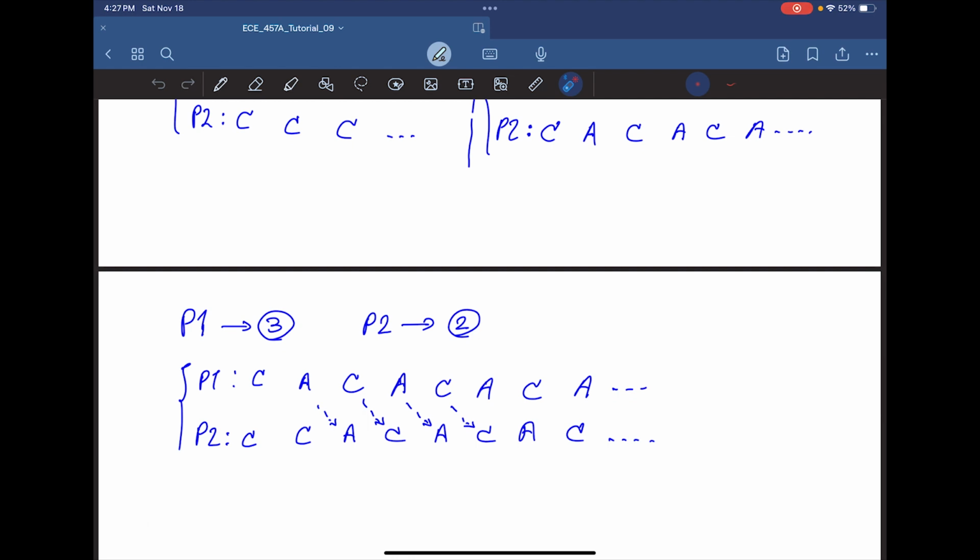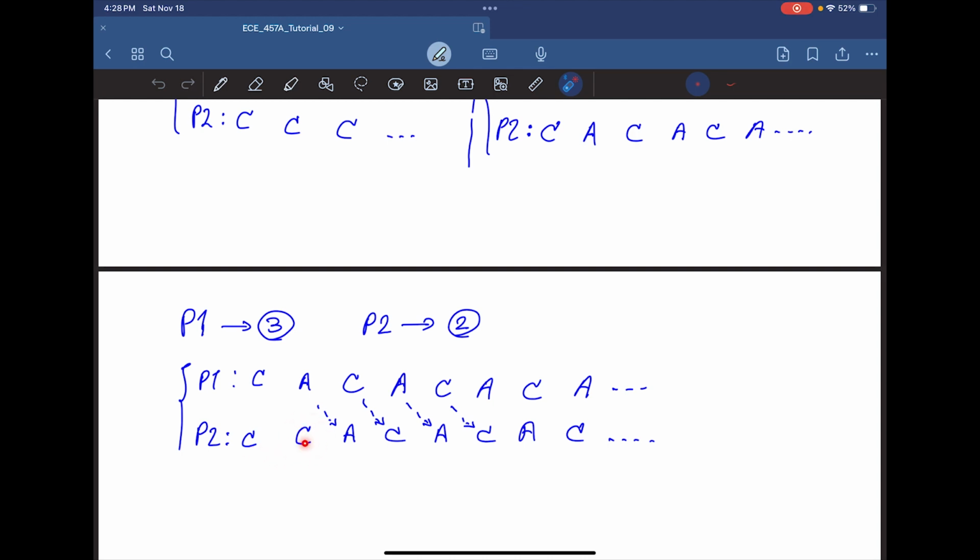So the actions of player 1 are dependent on player 2. Player 1 goes CA, CA, CA, CA. But now for player 2, we can see that actually here,